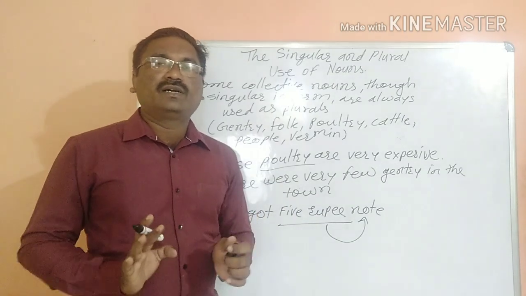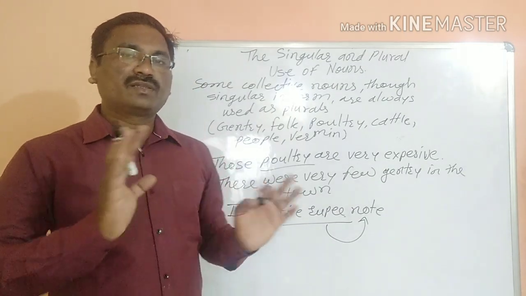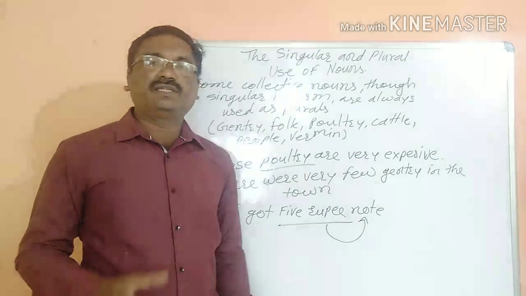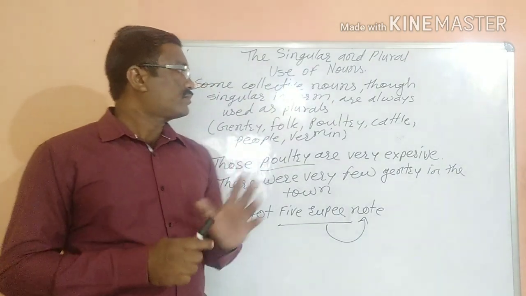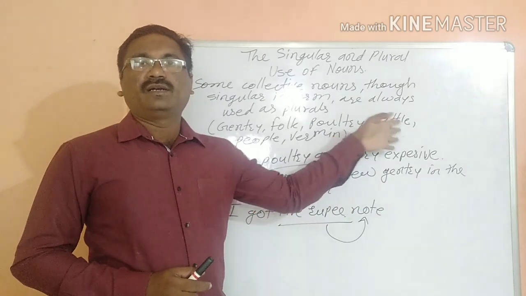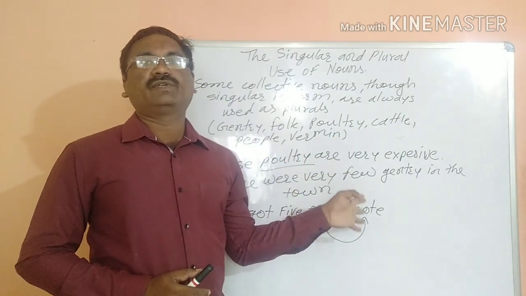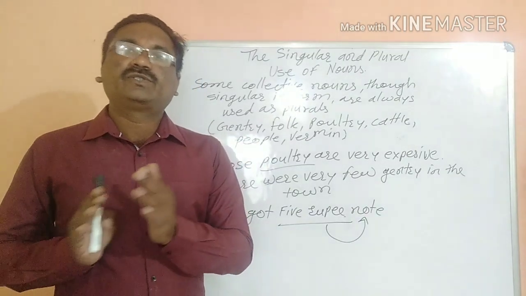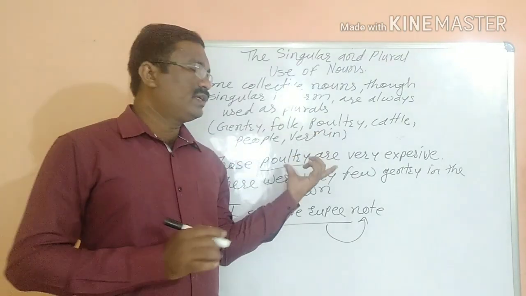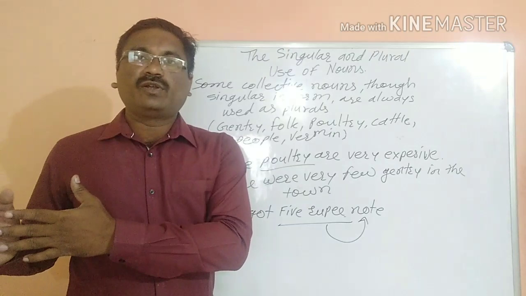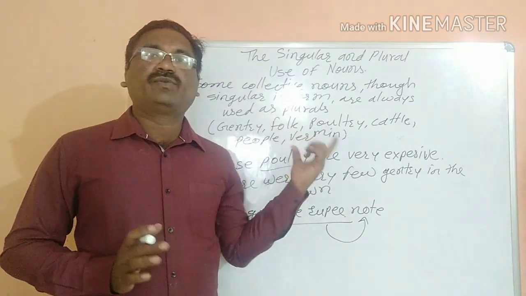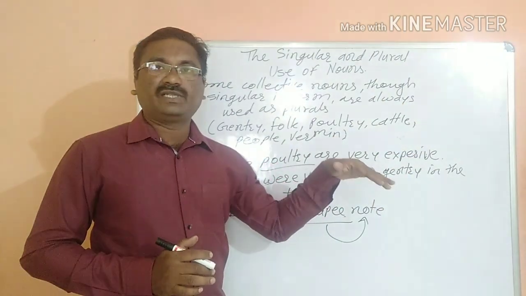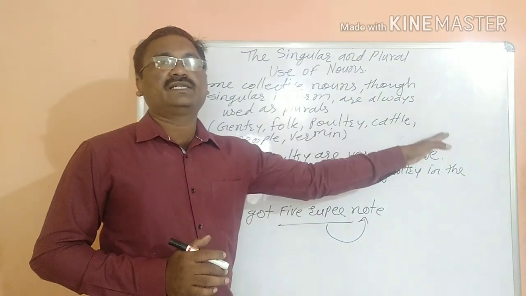You should see what common mistakes students make in this. Some people remember that they have studied that uncountable nouns will not take a plural form. They will not be used with a plural verb also. Sometimes they see that, but they don't see the determiners. We should see the determiner, whether it is plural or singular. We should see the form of the noun, whether singular or plural. We should see which verb is used, whether singular or plural, and then we can say the sentence is correct.